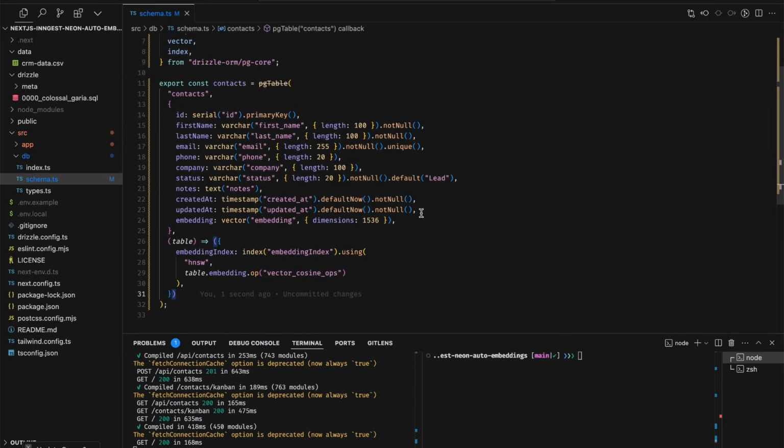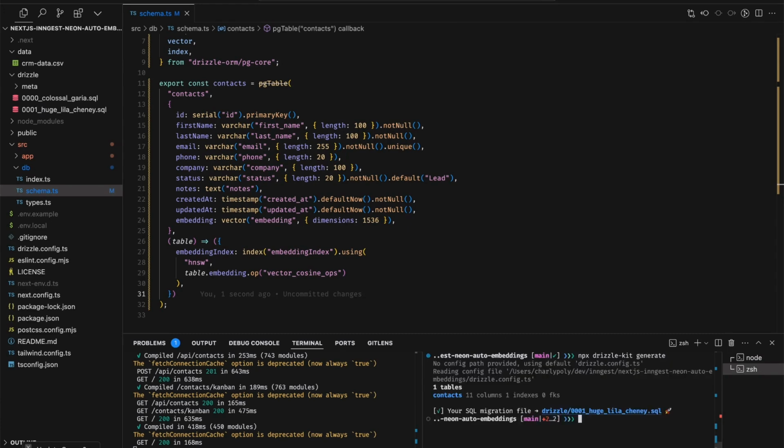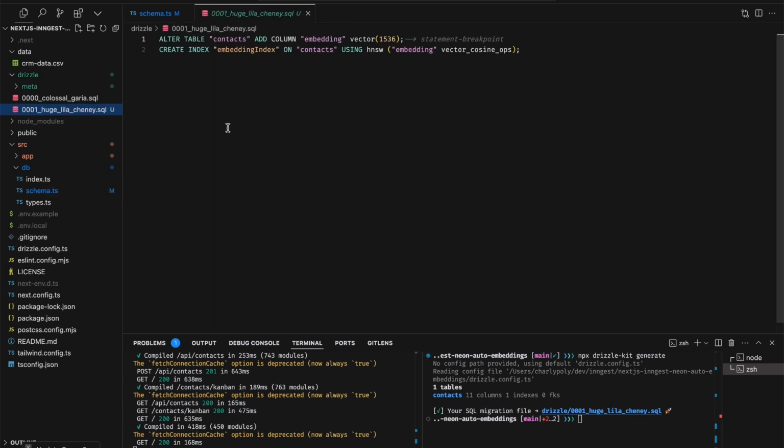Okay. So now that we have the changes in the code, what we want is actually to generate a migration. So first, what we're going to do is to run generate. Generate is going to generate the migration for us. So here we saw that we have a new SQL migration, and there is an extra step that